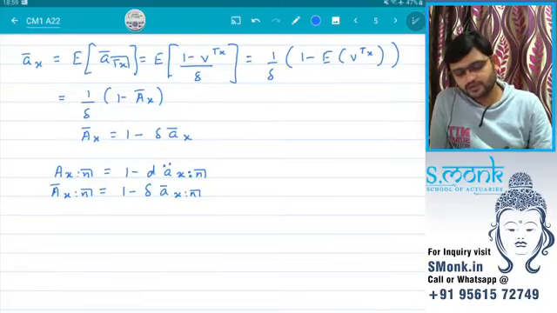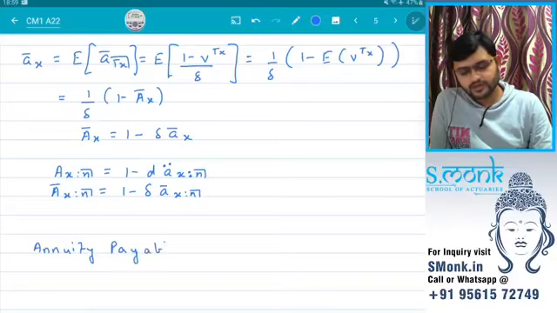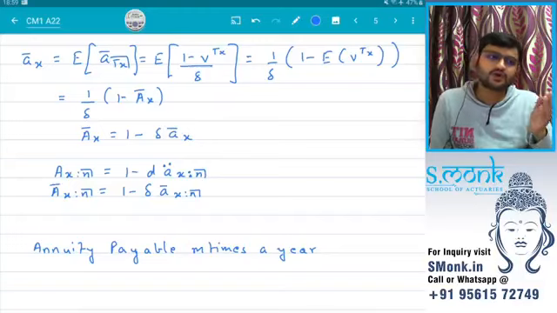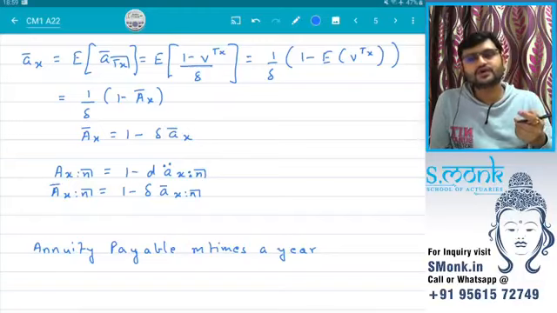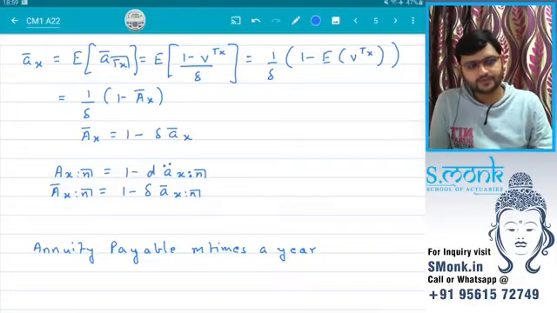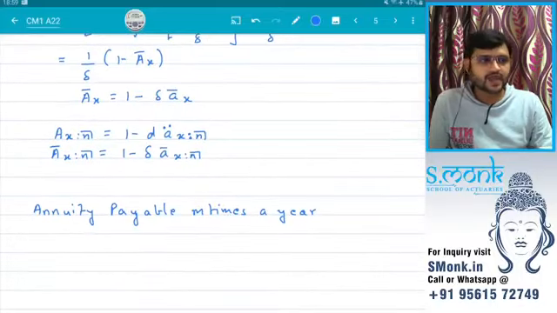Next, we'll talk about annuity payable m times a year. Now, when we were studying a normal level annuity, we took it as p times a year. Here, we will not be using p because p we use for a lot of different things. Mainly, capital P is used for premium, and small p is used for probability. So we will not use p for general terms. That is why we have used m here. Now when we say annuity is payable m times a year,